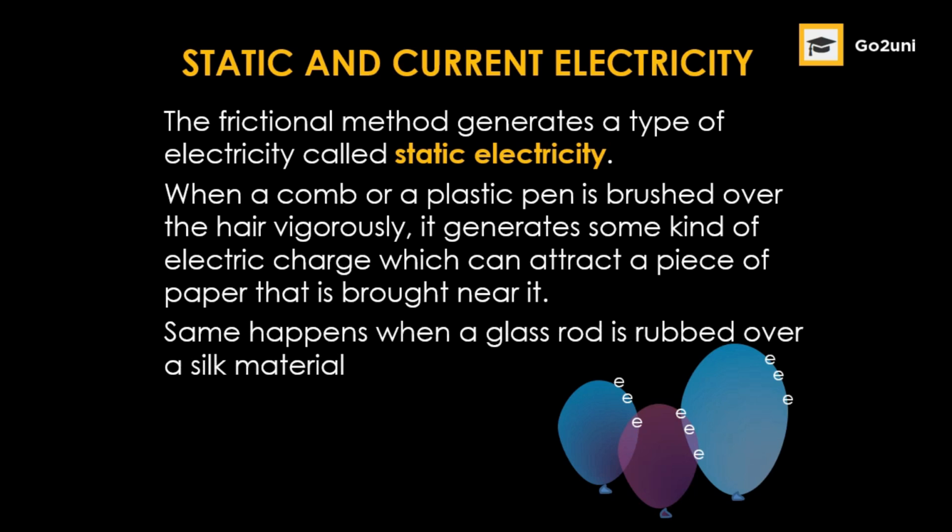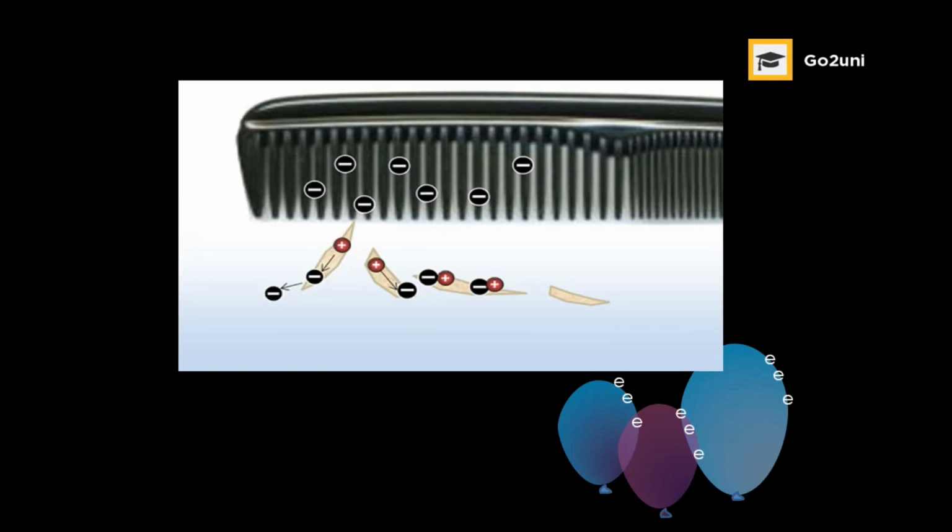So we usually observe this happening also, as we have said before, when we try to pull off our silk clothing or even try to put them on, or sometimes when we iron the silk clothing, we observe this type of tiny spark that is generated around the material. So this is what we refer to as static electricity. So this is an example of what we're trying to talk about.